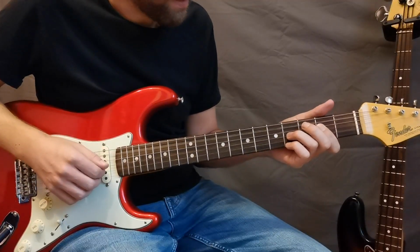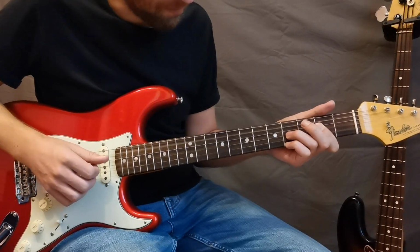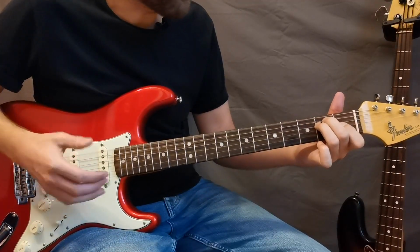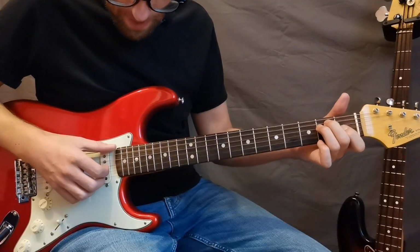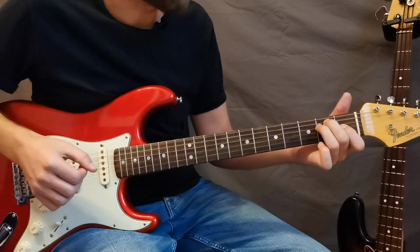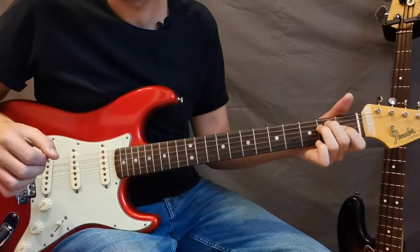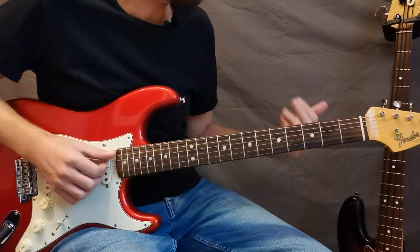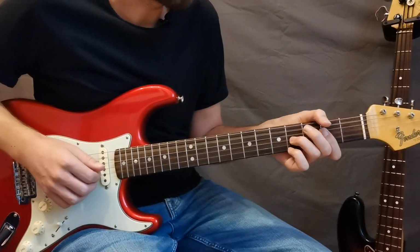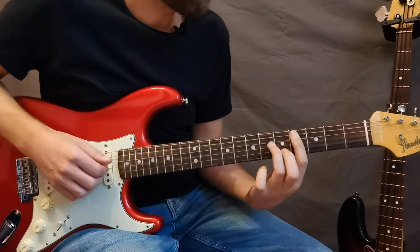So open A, and then the G, B and E strings. And then land on just a normal E chord like that, and I'm just plucking the low E with my thumb and then the 3 fingers on the G, B and top E strings. So all together, that second time round the riff is going to sound like this. So then right from the start we get